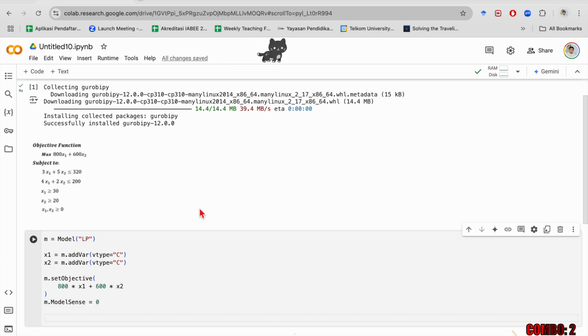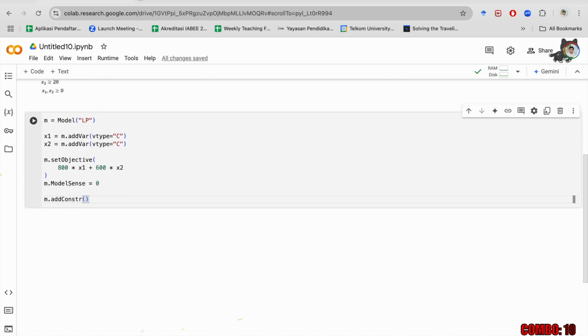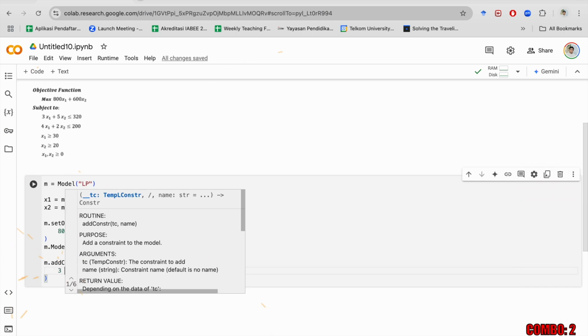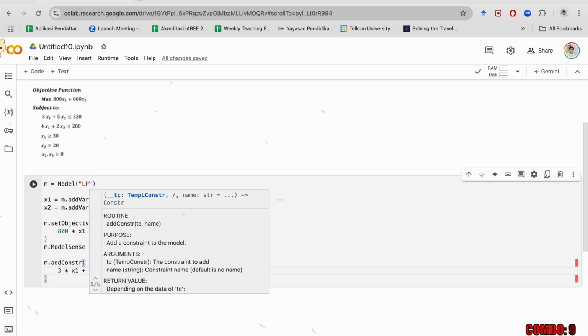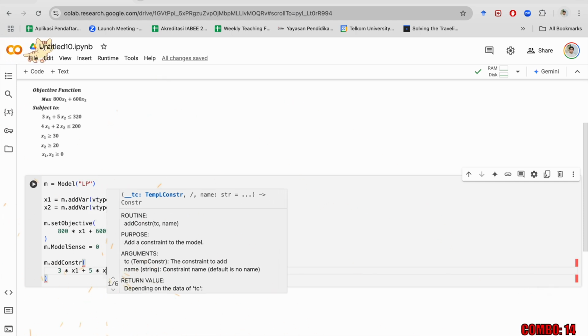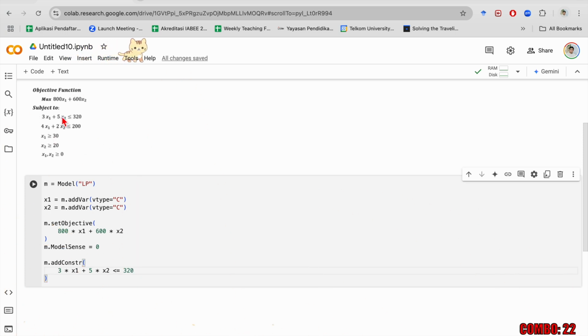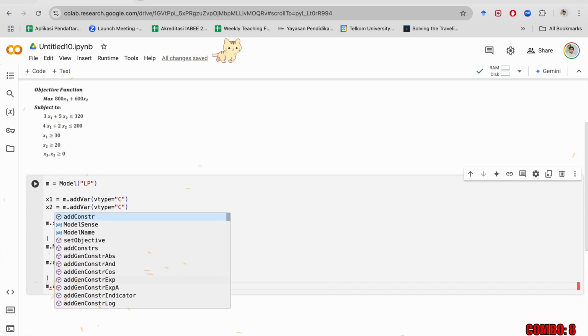Then we will write down the constraints. To write down a constraint, we can type m dot addConstr here, and then we just put the first constraint: 3 multiplied by x1 plus 5 multiplied by x2 less than or equal to 320. This is the first constraint. The second constraint, we do the same, addConstr,